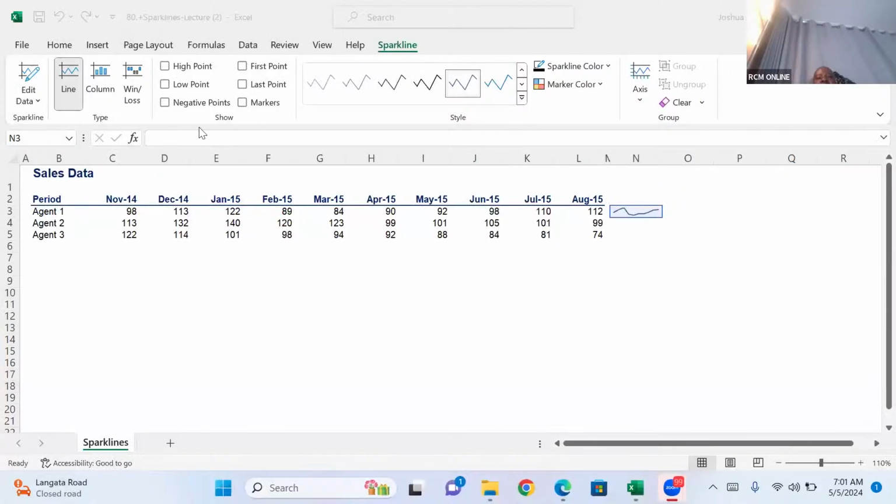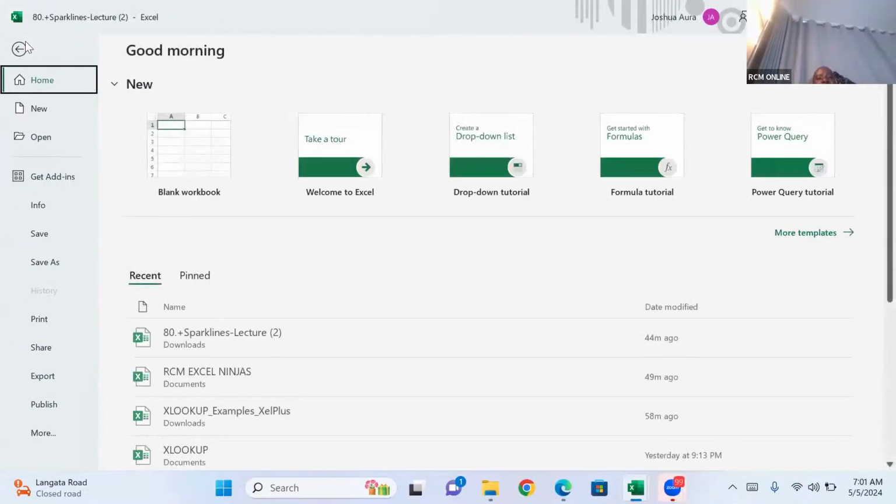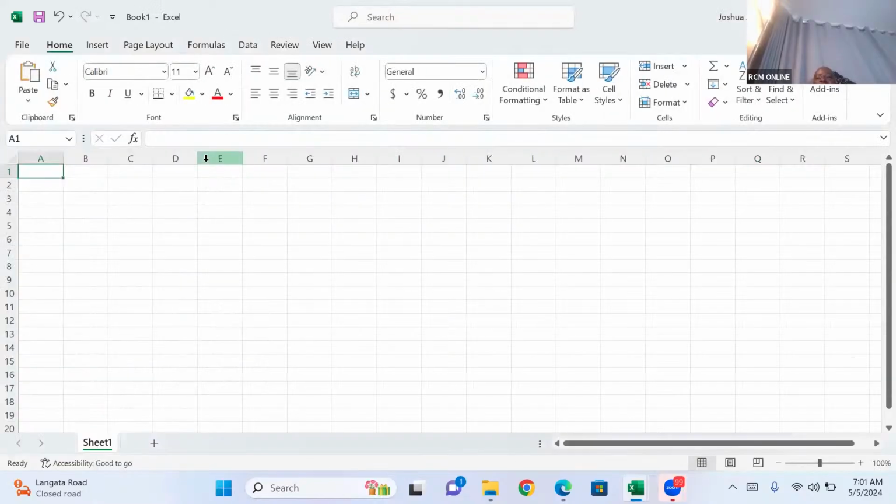Now, ladies and gentlemen, as I told you, I'm almost on the tail end of at least advanced Excel, although some of you want me to do Power BI. So now I would want to go into financials and show you a few things here, a little bit of things here. Now, assuming you take a loan